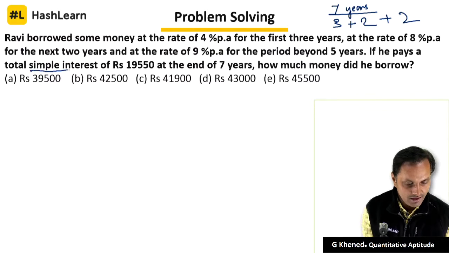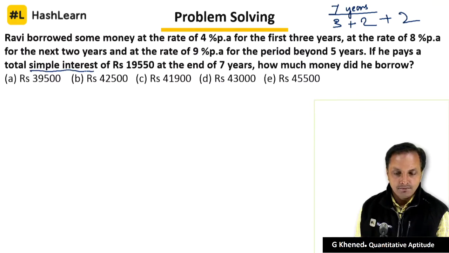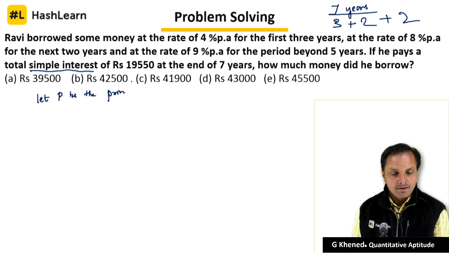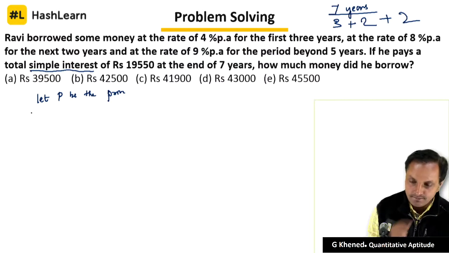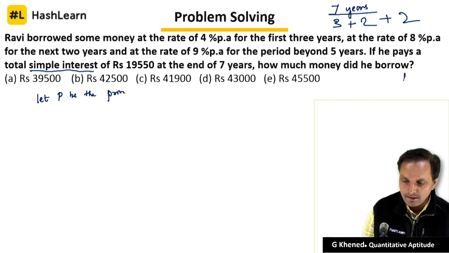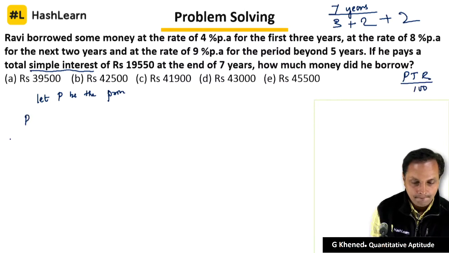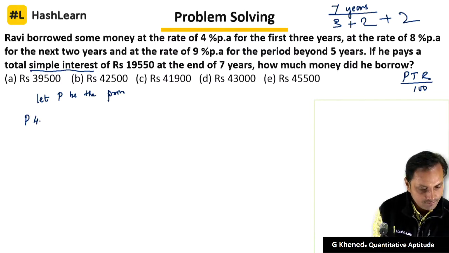So let P be the principal. For the first 3 years, you know the formula, P into T into R by 100. So P into 4% into 3